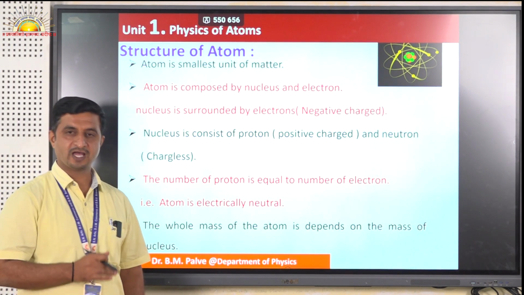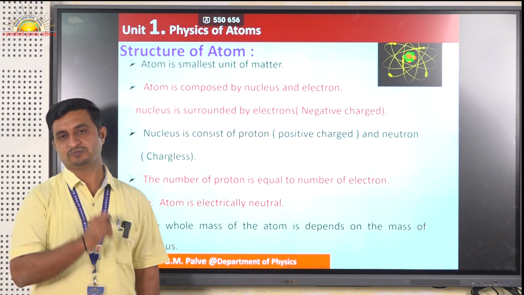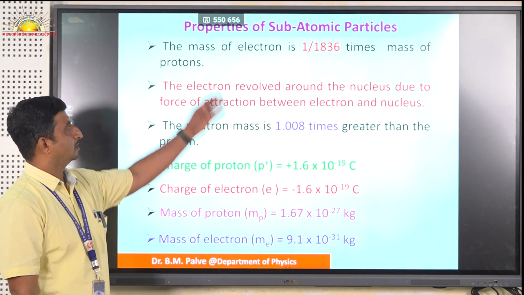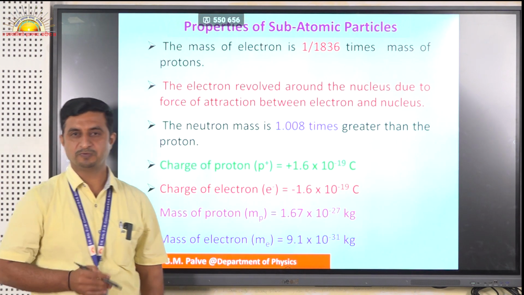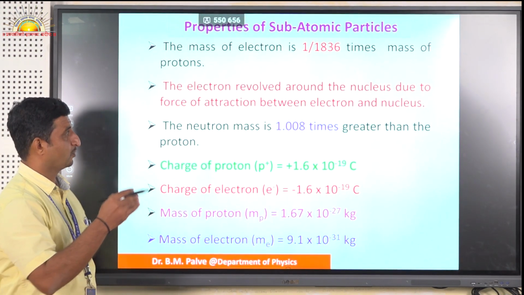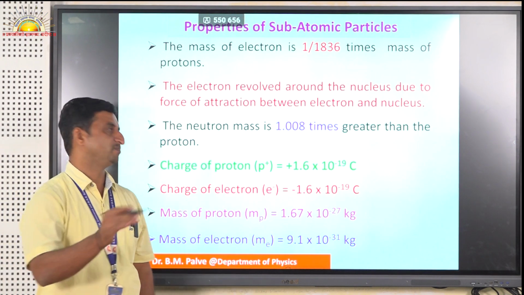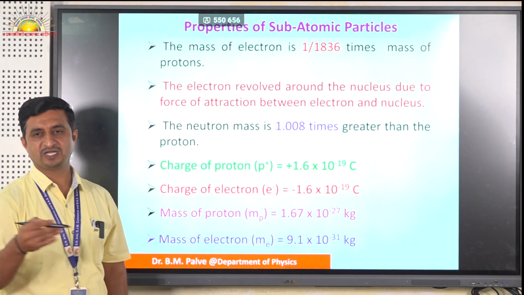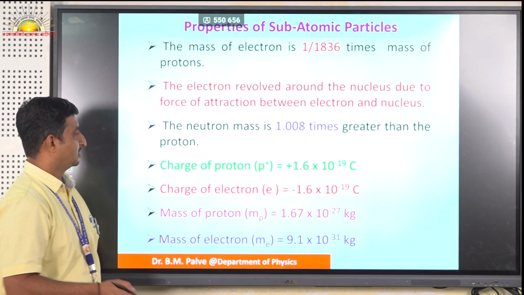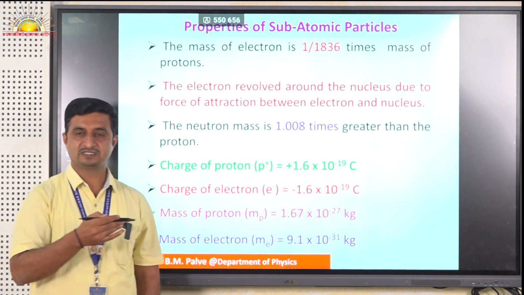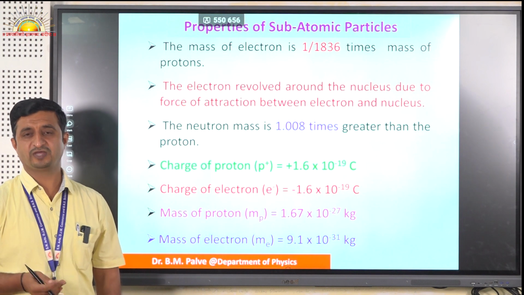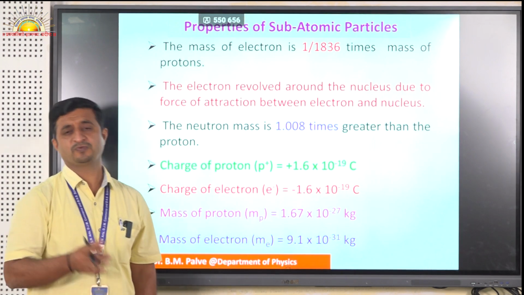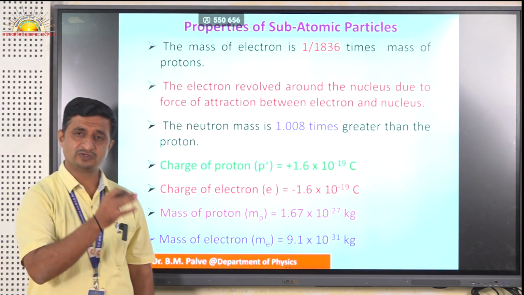The whole mass of the atom depends on the mass of the nucleus, because the mass of the electron is less than the mass of the proton. The mass of the electron is 1 upon 1836 times the mass of the proton. The electron revolves around the nucleus due to the force of attraction between the electron and the nucleus. This is the electric force. The neutron mass is 1.008 times greater than the mass of the proton. So, the mass of the nucleus is very much larger than the mass of the electron. Therefore, the whole mass of the atom depends on the mass of the